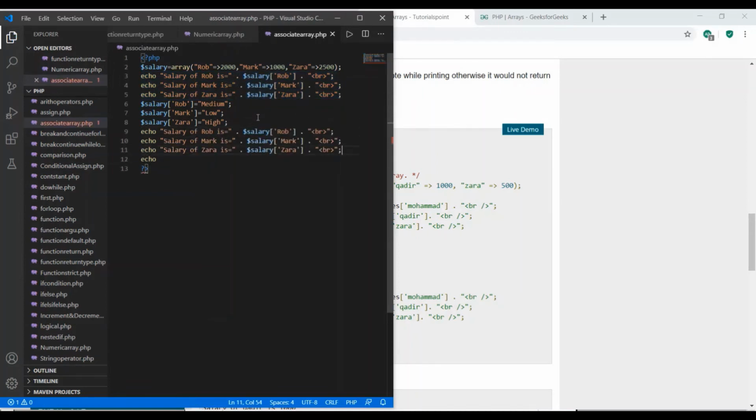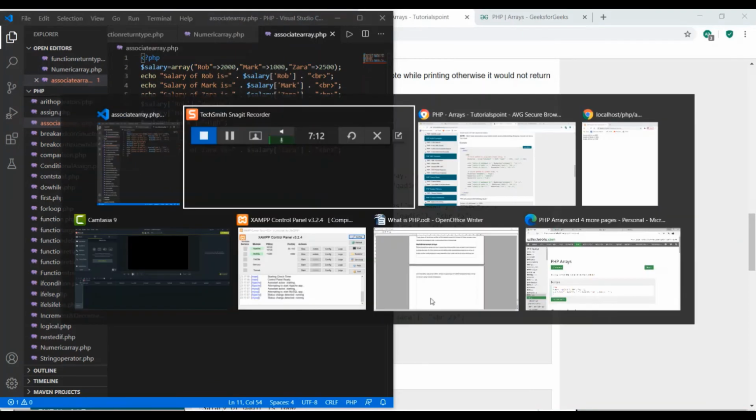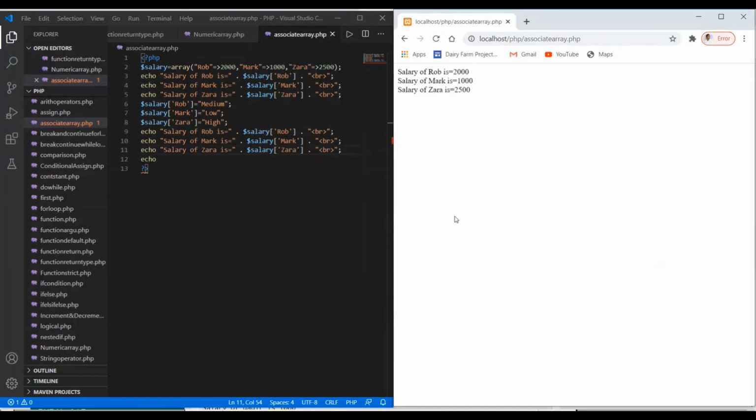Save your changes here again, and here we go, refresh it. It's showing that we have a syntax error at line number 13. We see here we might have, okay, so we have to delete this echo.